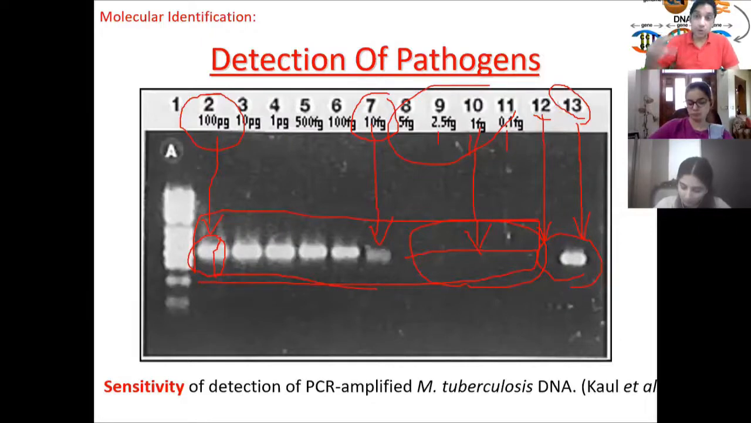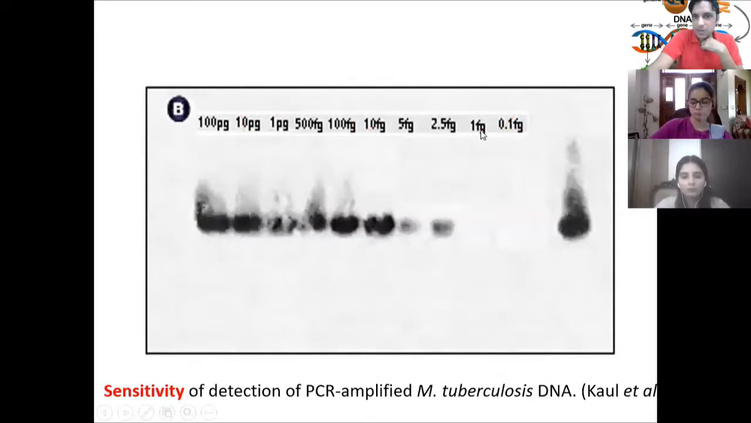So if we should get the product here. So now think about an example of a patient. First, let's take sample number 8, which belongs to the patient. So let's suppose 1 femtogram. This one belongs to the patient. If this is a patient sample,